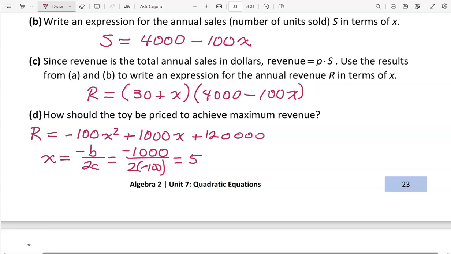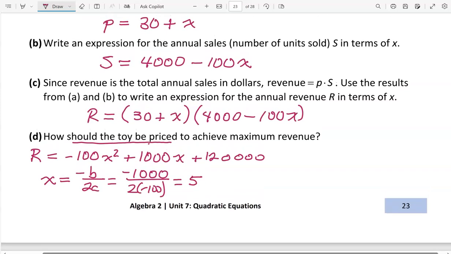Now be careful, x equals 5 is not the answer. We asked how should the toy be priced, right? So we're going to go back to look at the price function. In part A, we have an expression for the price. Our price is $30 plus the x value, so that would be plus 5. And that means that the optimum price for the toy would be $35,